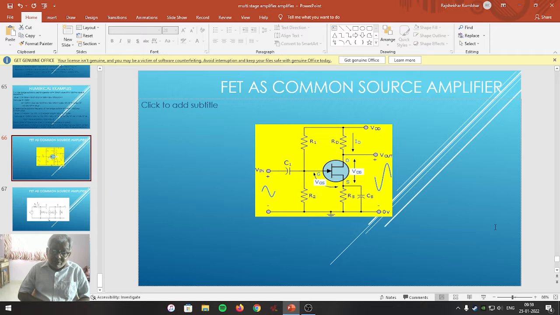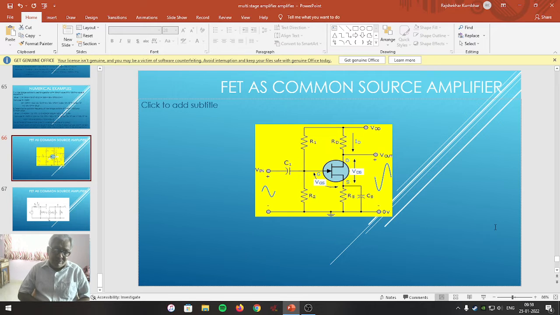The output current is controlled by means of an input voltage. It is a kind of voltage controlled device made up of semiconducting material having four terminals, namely source, drain, gate and sink,